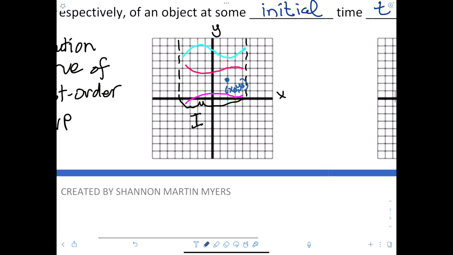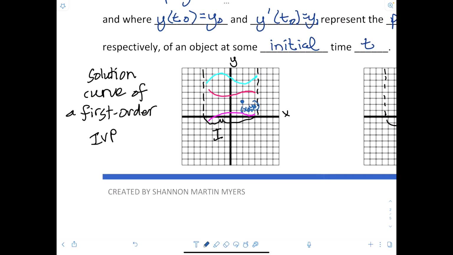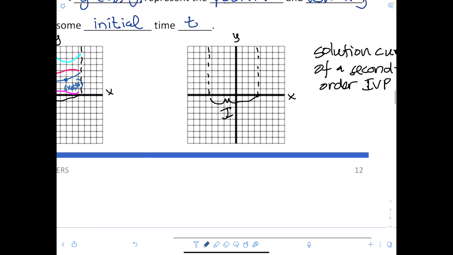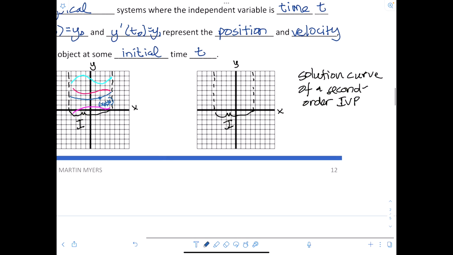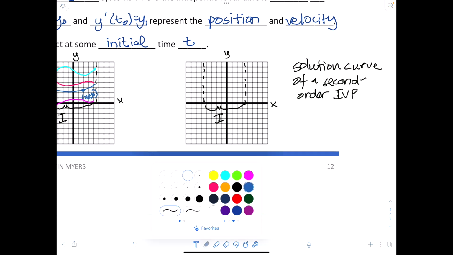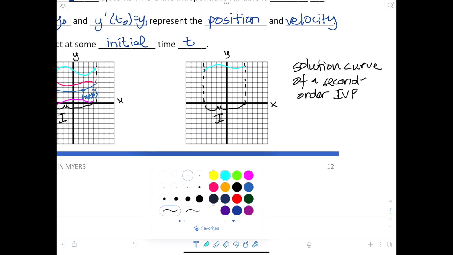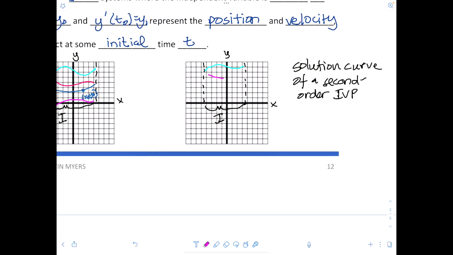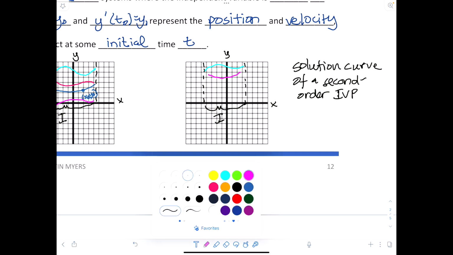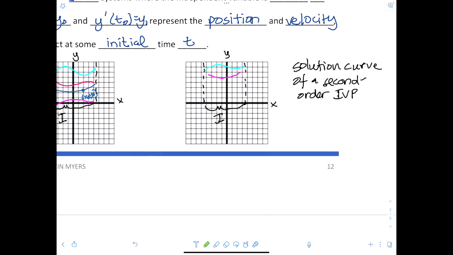And so the initial condition has our graph. Let's just say it looks kind of like this, and it goes through that point. Groovy? Okay, so now suppose we've got some second order initial value problem on this side. So again, you could have just different looking curves depending on what your constants are,